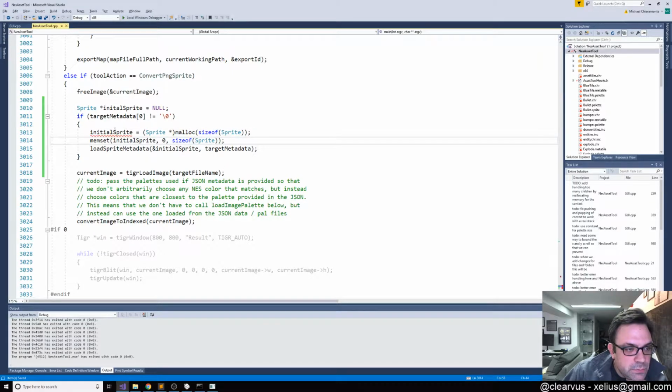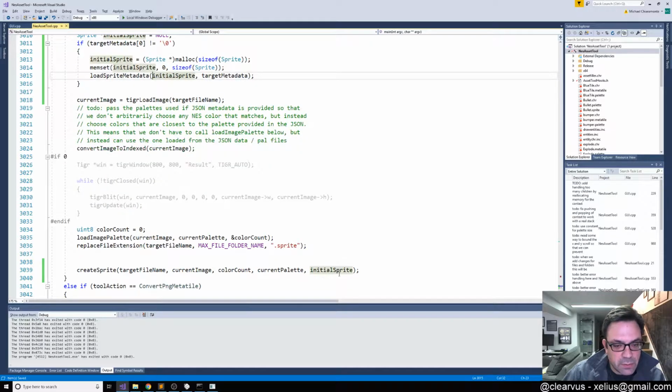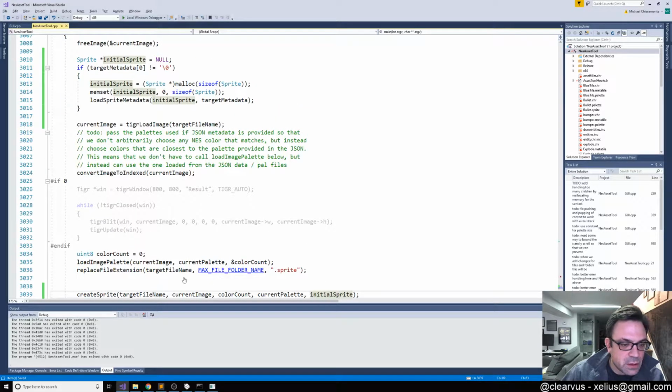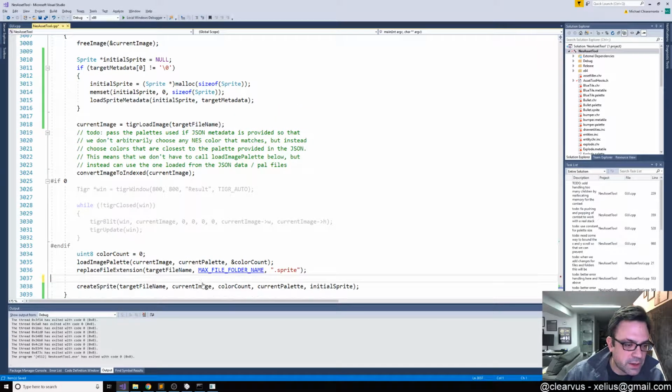Okay, so I spelled it wrong here. Initial sprite, and then what's nice about this is at least then at the bottom we're passing initial sprite as a pointer. So if it's null, we don't use it when we call create sprite. That just removes one branching path there. All right, so